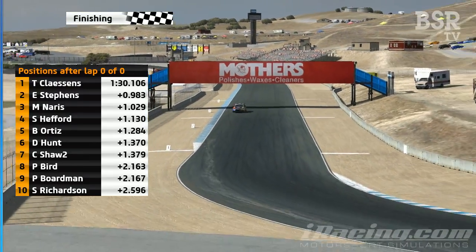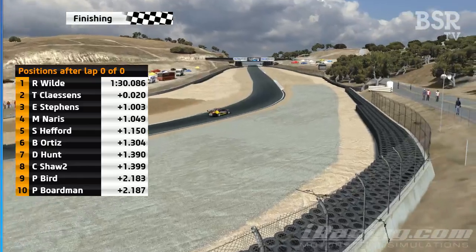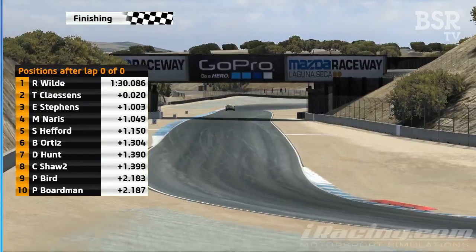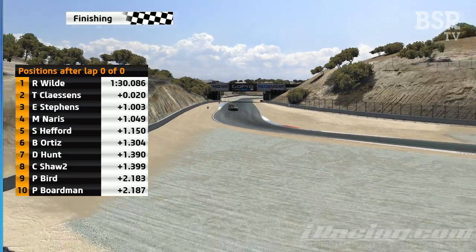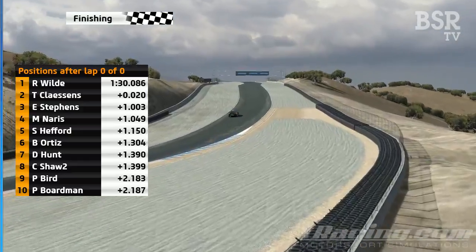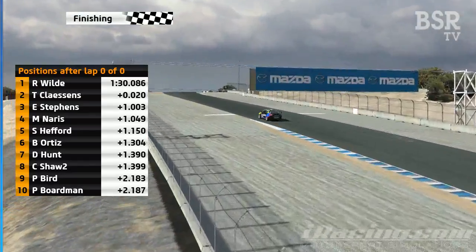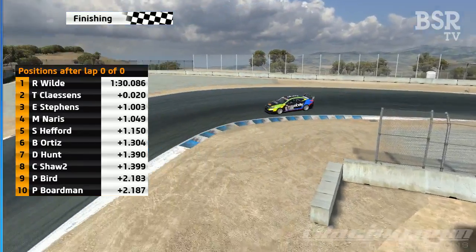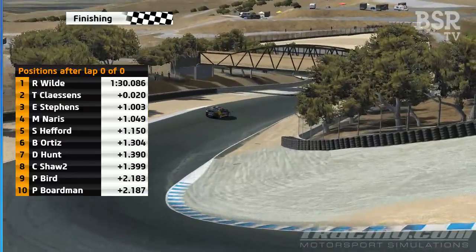So Stevens will start second on the grid. Naris third. Oh no, we got a reclassification there. Richard Wilde coming in on pole. Oh, he's edged out Claessens by 0.02 of a second to take that pole. What a lap, 130.0. So Wilde, Claessens, Stevens, Naris, row 3, Hefford and Ortiz, and then row 4, Hunt and